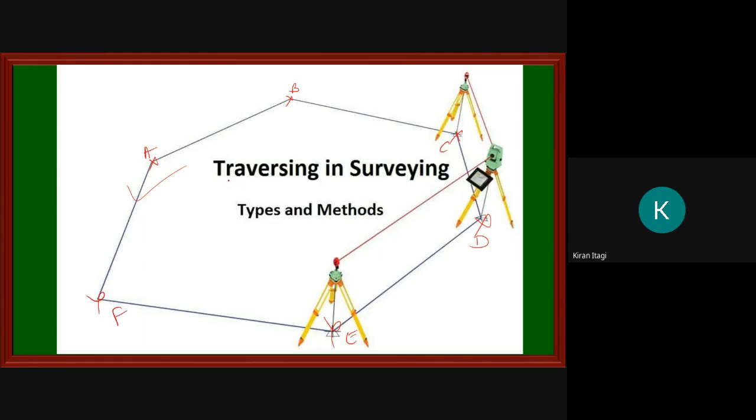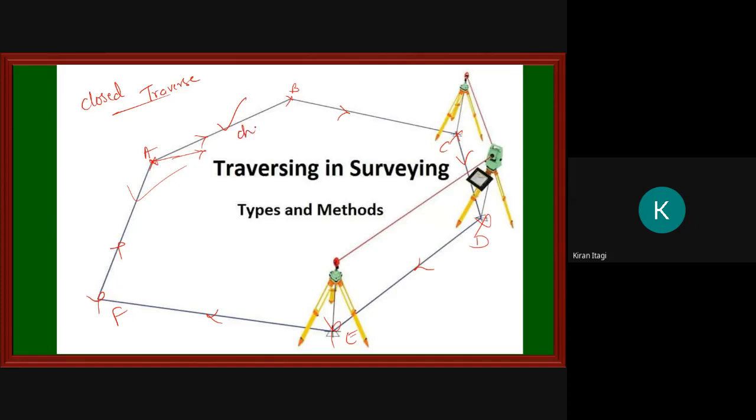So here you can see the lines will start from this end, and we are taking from B to C, C to D, D to E, E to F, and F to A. So the first line and last line are joining. So we will call this one a closed traverse. So this is nothing but the closed traverse, and the length between the station A and B